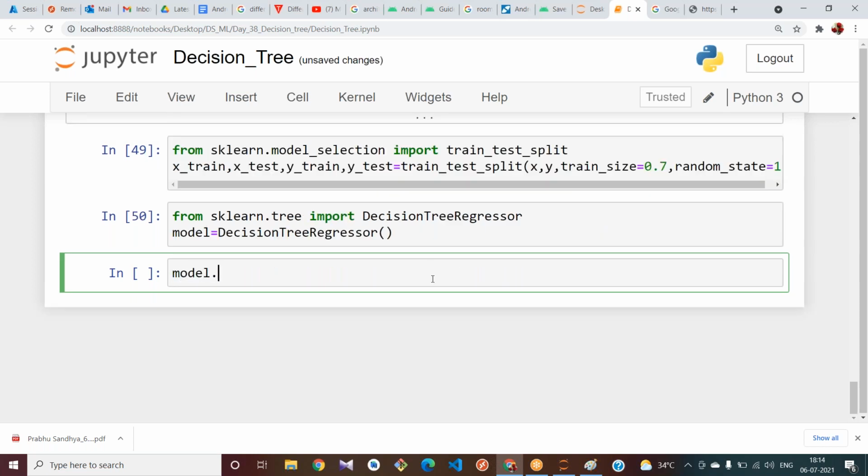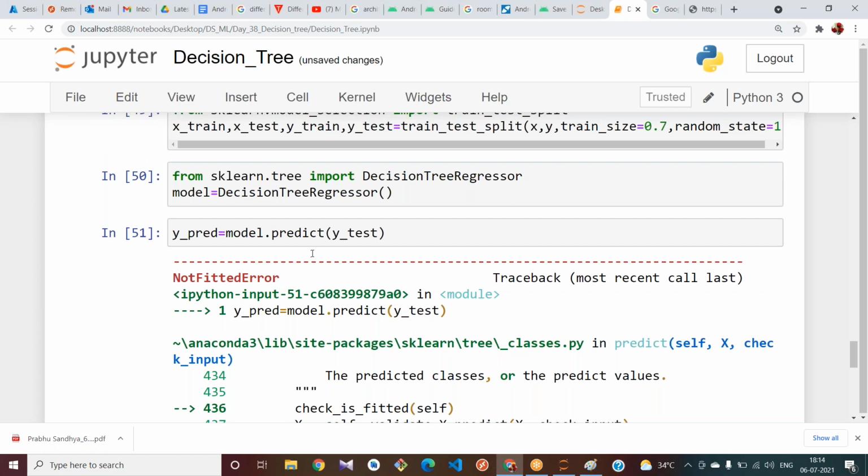Now try to predict your values. model.predict of x_test, y_predict.